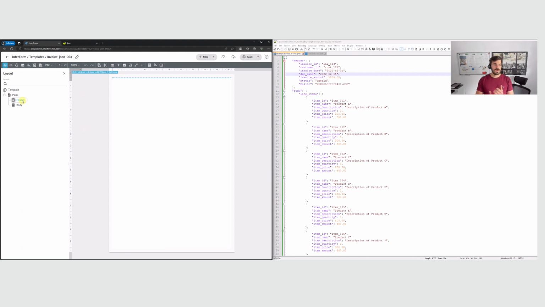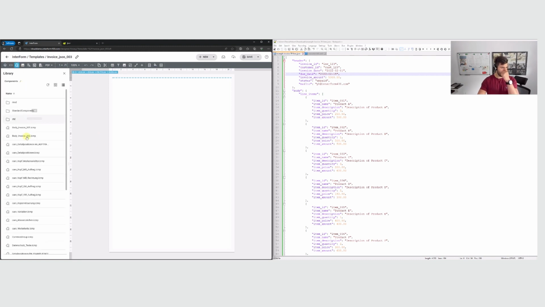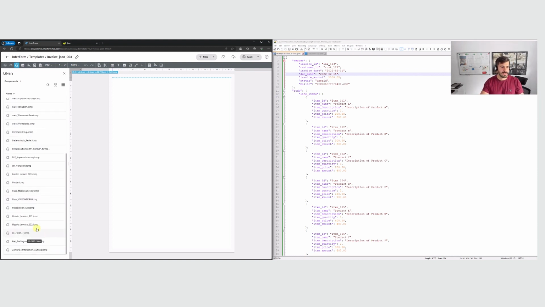Now, what we deliver with our product is some generic components you can use inside the designer to help you speed up the template creation process. That means in the top section here, you will see a button called components. I can click on that. And here there are a lot of basic or standard components you could use for your designs. For example, there's a header invoice